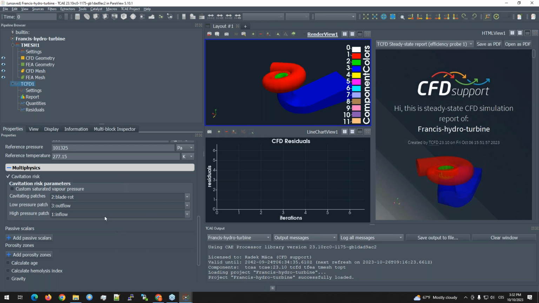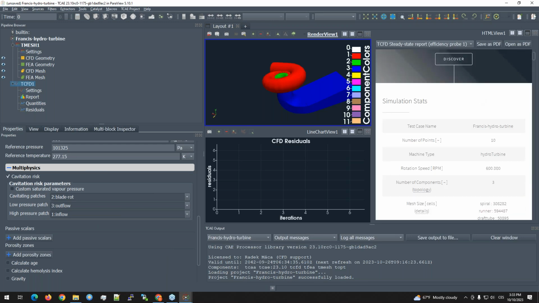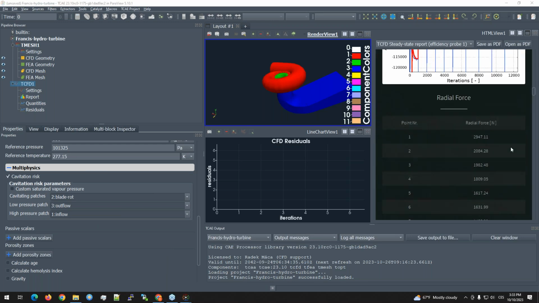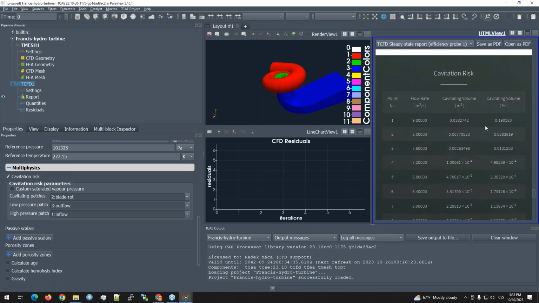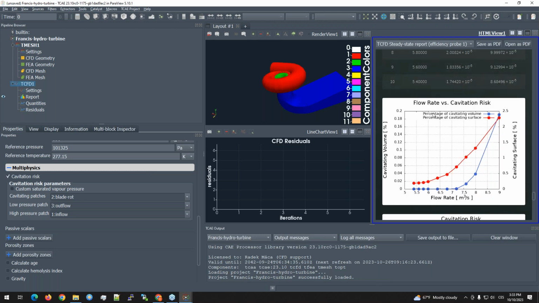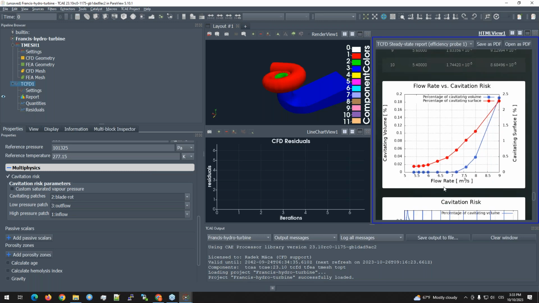So this is one example of a new feature which we have developed to give more insight into hydro turbine or pump simulations. So this you fill in, and then at the end, maybe I can show you directly that in the final report, you will see the section cavitation risk, which is here, and it will show you the flow rate versus cavitation risk. So here you can see what percentage of the surface or of the volume is cavitating. You can see that for a higher flow rate there is some cavitation, or cavitation may occur,